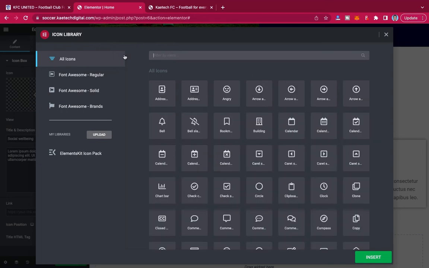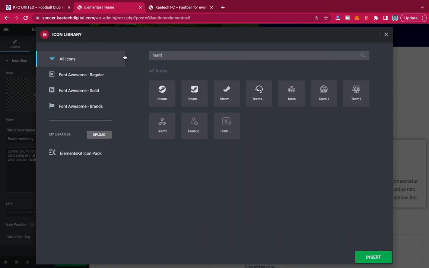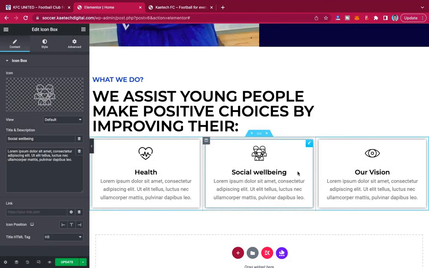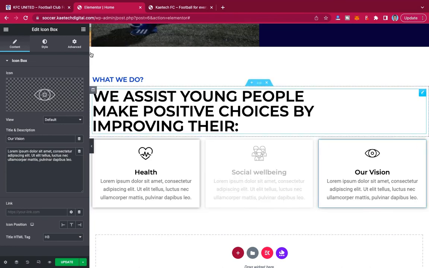Okay, so I'm not getting what I want, so what I'm going to use is theme. Okay, so I'm going to use theme, so I can use this one over here or even this one over here. So I'm going to use this one. Okay, and then click on insert. So social well-being, it's a group of people over here which are socializing. And then with this one, the last one, which says